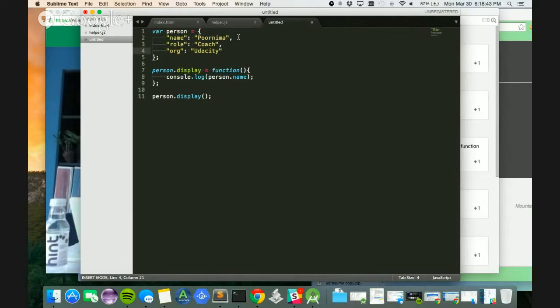Now there's another way by defining the display function, let's call it something else, inside the object itself. And to do that,